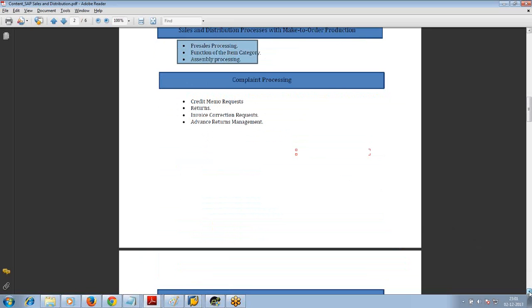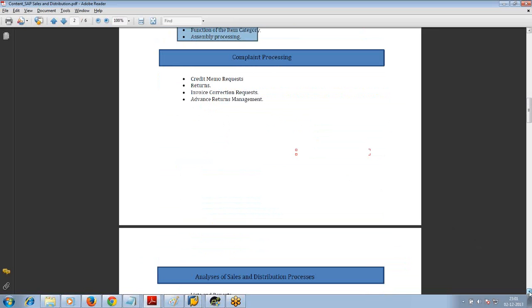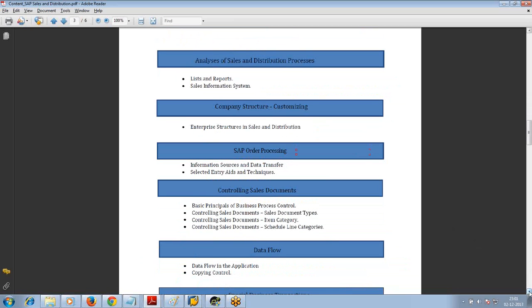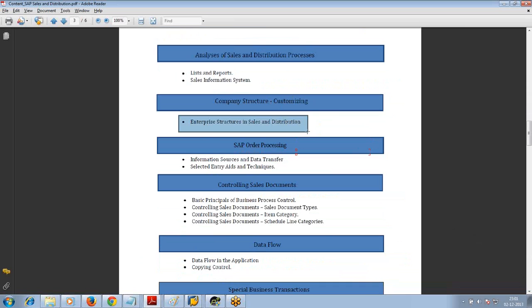So from here, we'll talk more about the analysis part, how to detail list, how to create reports. Then from here only the actual customizing part happens. Under this customizing part, we'll be seeing how to set up the whole enterprise structure, how to define a sales organization, a distribution channel, a division, a company code,